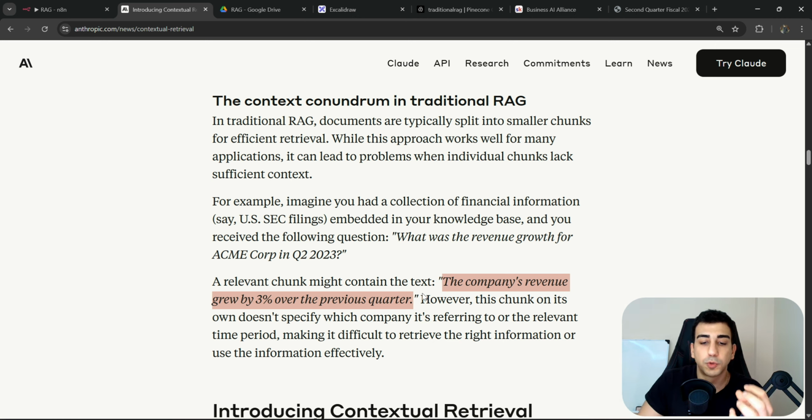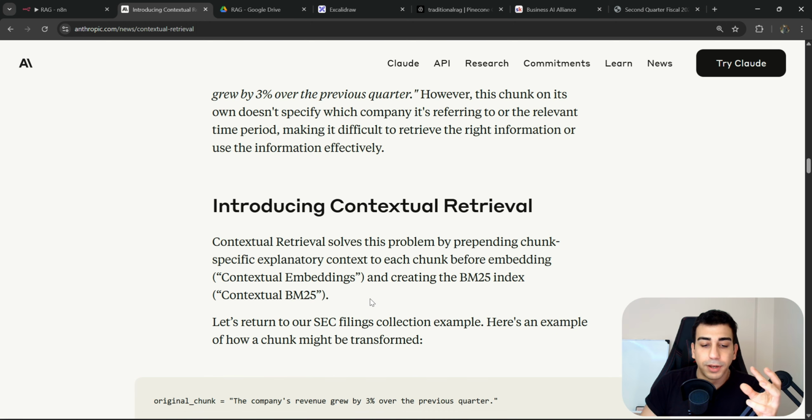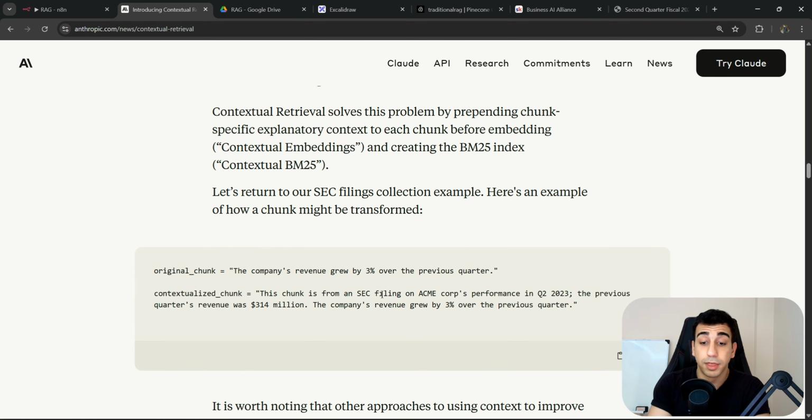So this is a huge problem in traditional RAG that could actually cause hallucinations and false responses by the LLM just because we provide it with the wrong context. So that's exactly what contextual RAG aims to fix, and it does it really well. So now let's take a look at an example they provide us to demonstrate the difference with contextual RAG